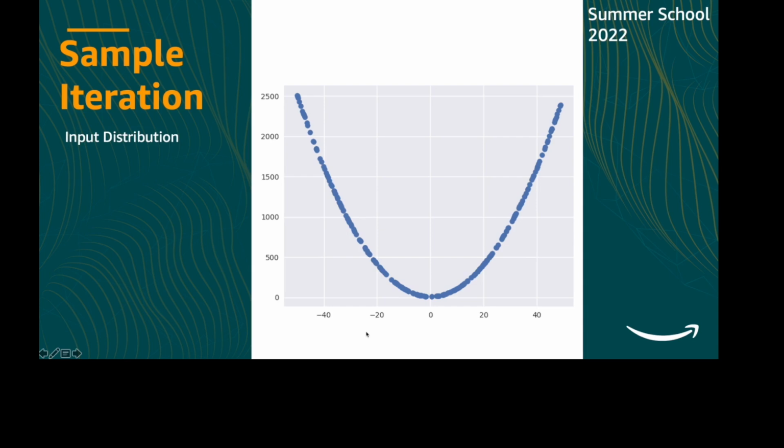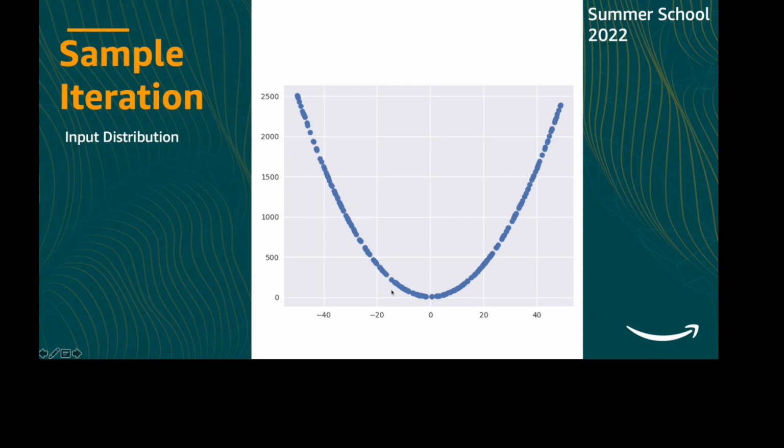Now we want to learn a generator function which can produce a data point along this parabolic manifold. That is the job we want the generator to perform. So how do we do it? Our training set is 1,000 two-dimensional data points, and we'll also generate, say, 1,000 data points using the generator function.